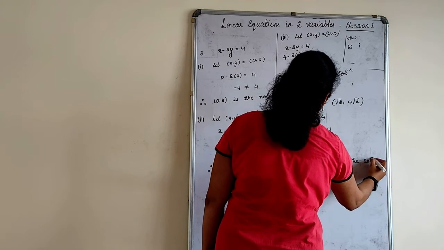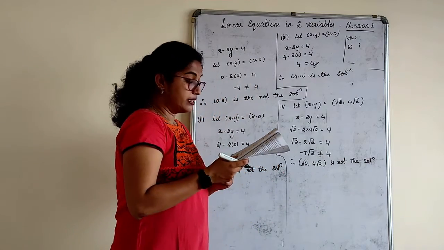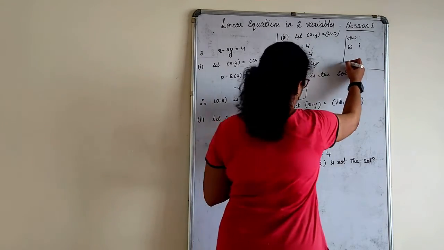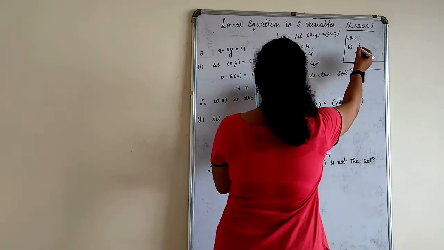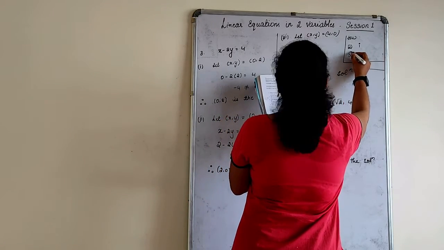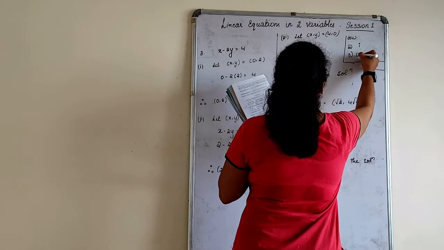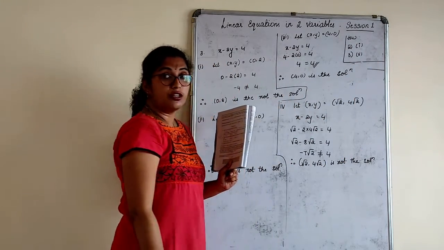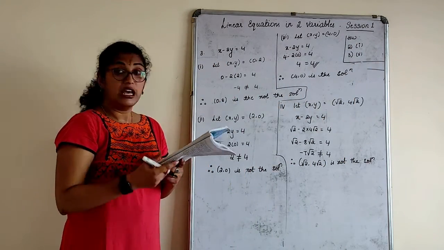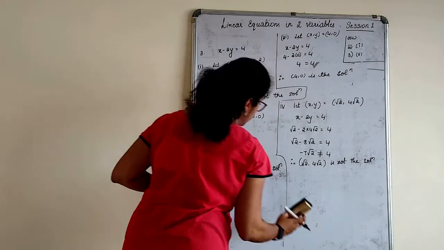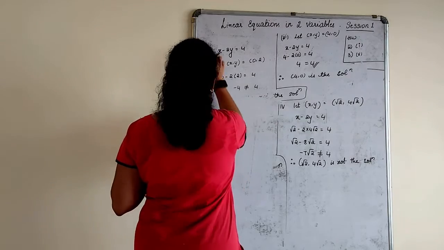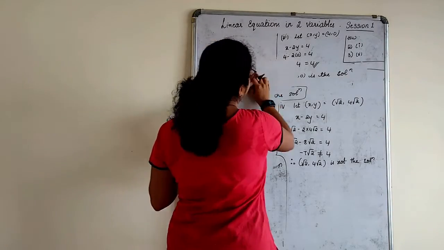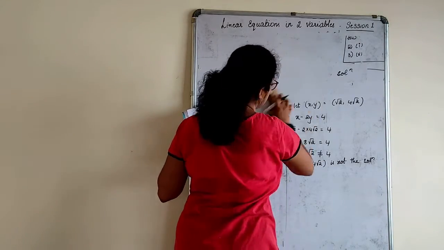Would you like to try one? The last one, if I give a try, I don't have space, I have to rub and do it again. It's better you try now. The fifth one. Check whether it is a solution of the given equation or not. And the last one of today's session. I think this will be the smallest session you'll receive. Very few sums and very simple sums.